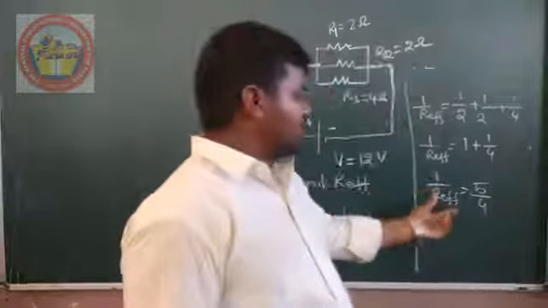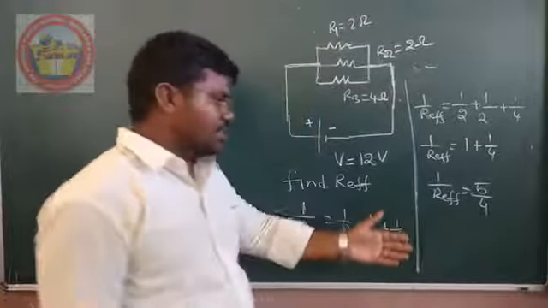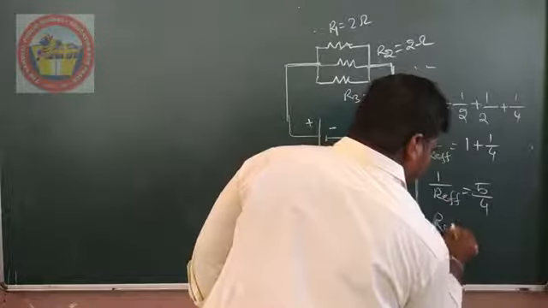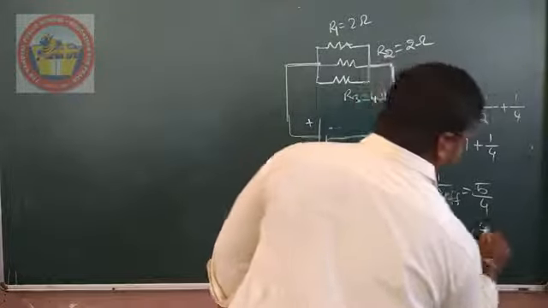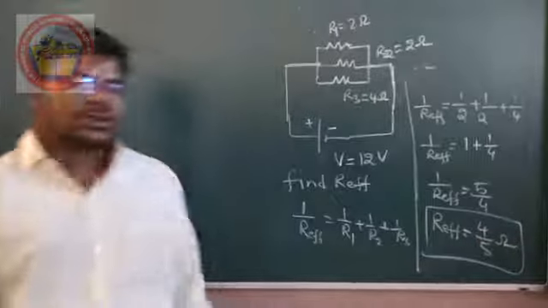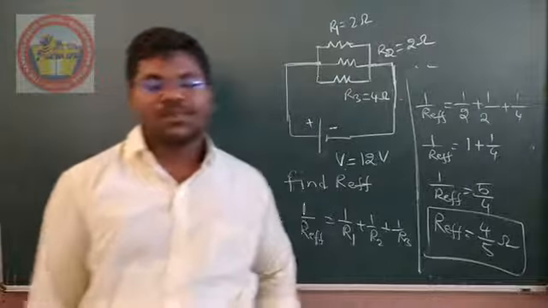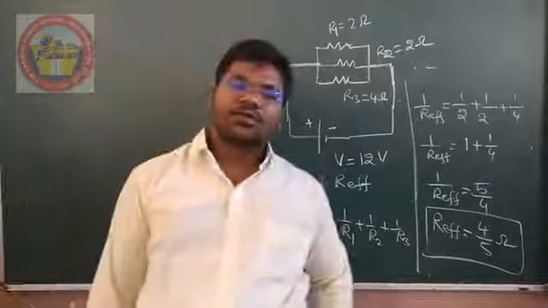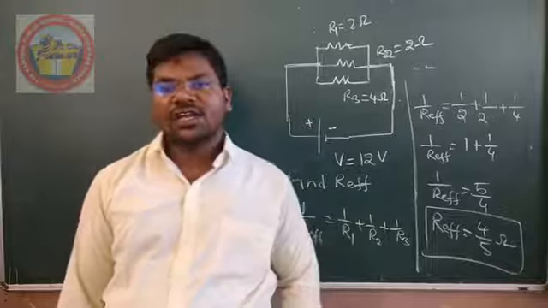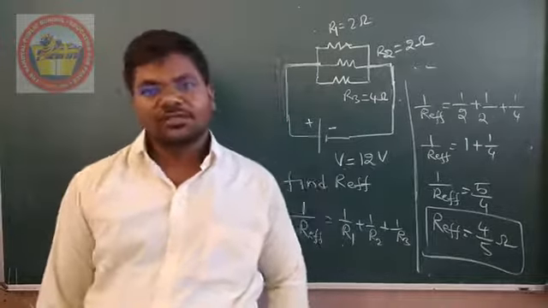So it is in reciprocal form. The effective resistance is in the form of inverse. So reciprocally, R effective is equal to 4 by 5 ohms. So be careful while solving problems. If we know the formula, we can substitute. From the given data, by using a suitable formula, we can get the answer.